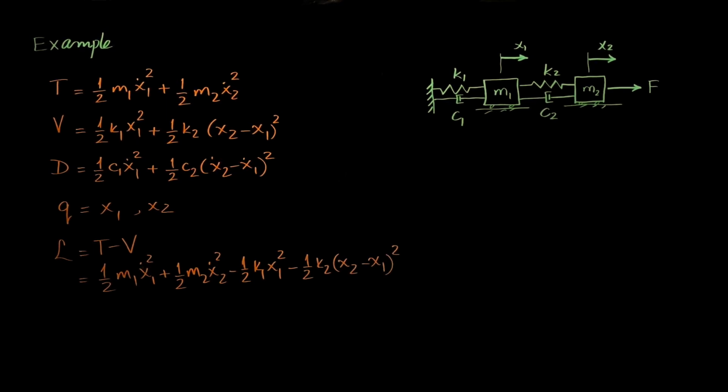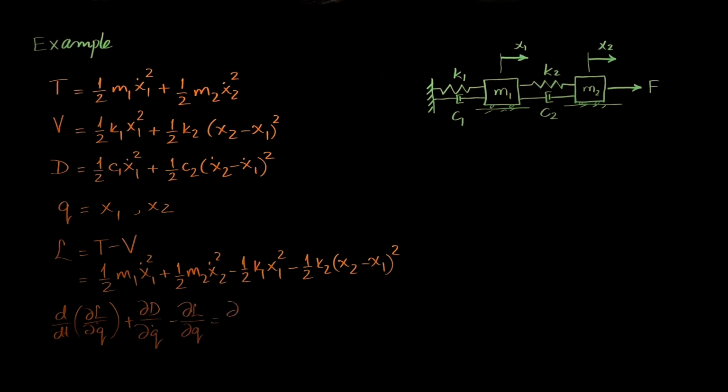Now the Lagrange equation is d by dt of partial L partial q dot, plus partial D partial q dot, minus partial L partial q,